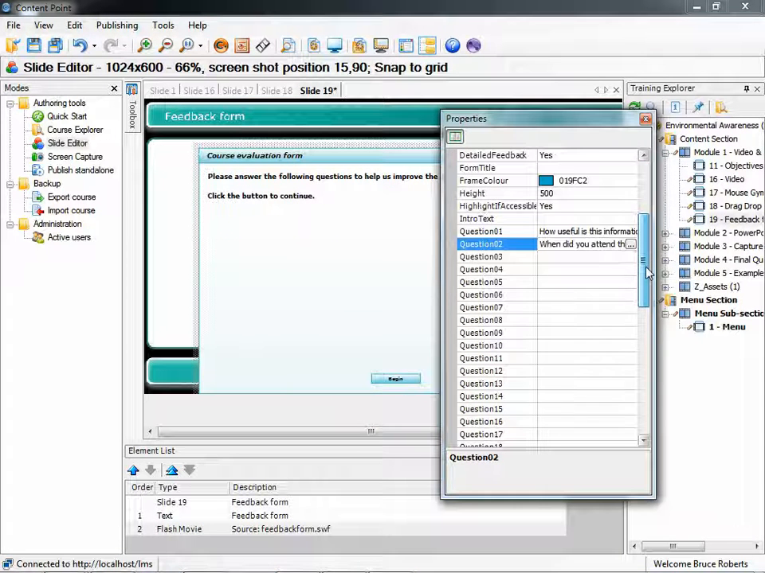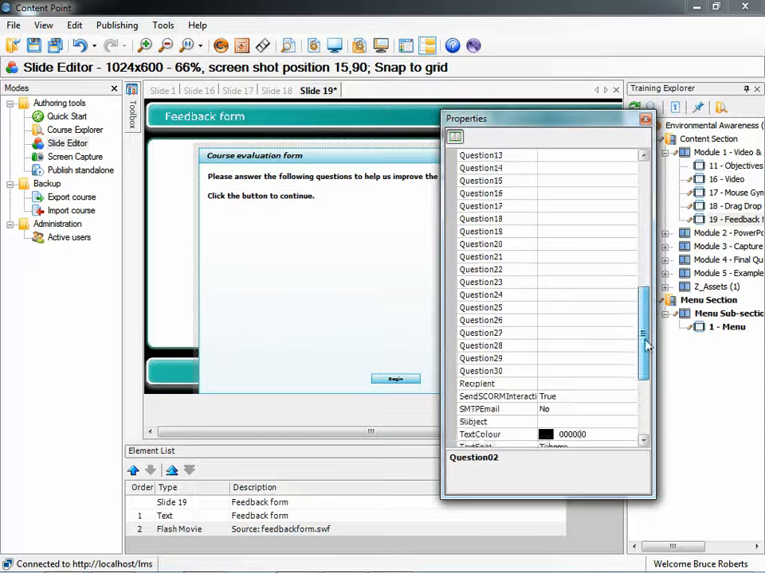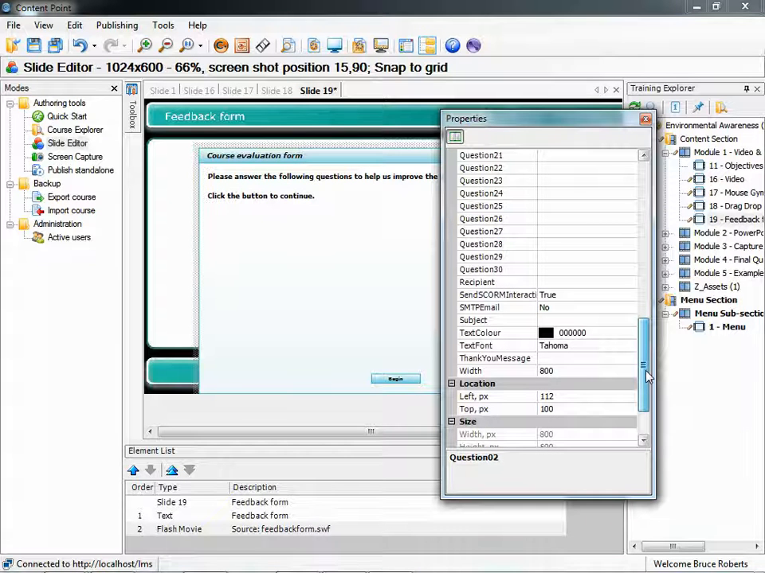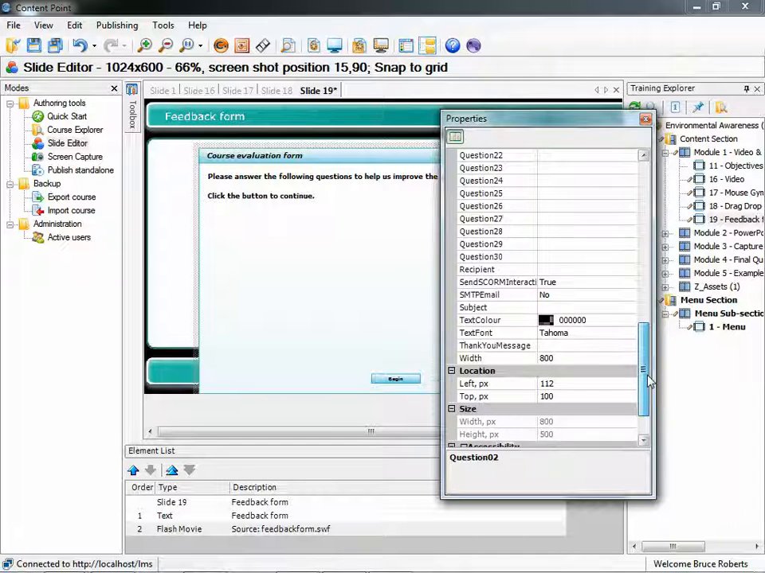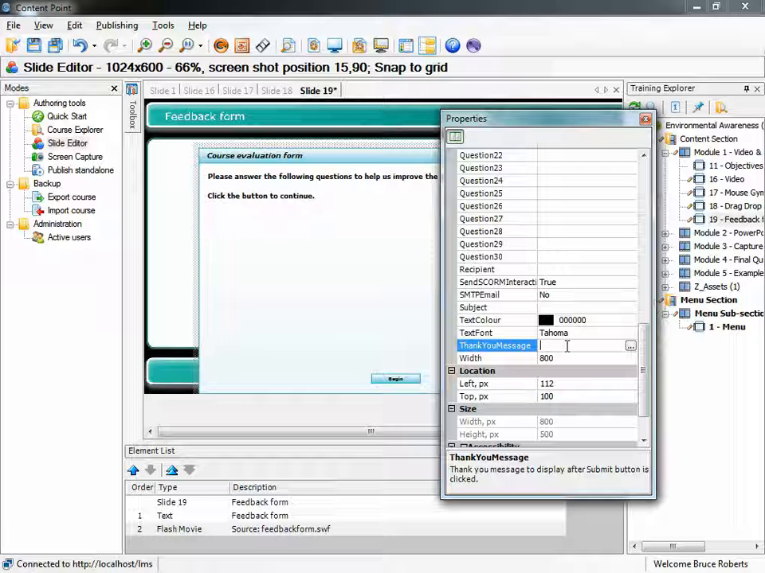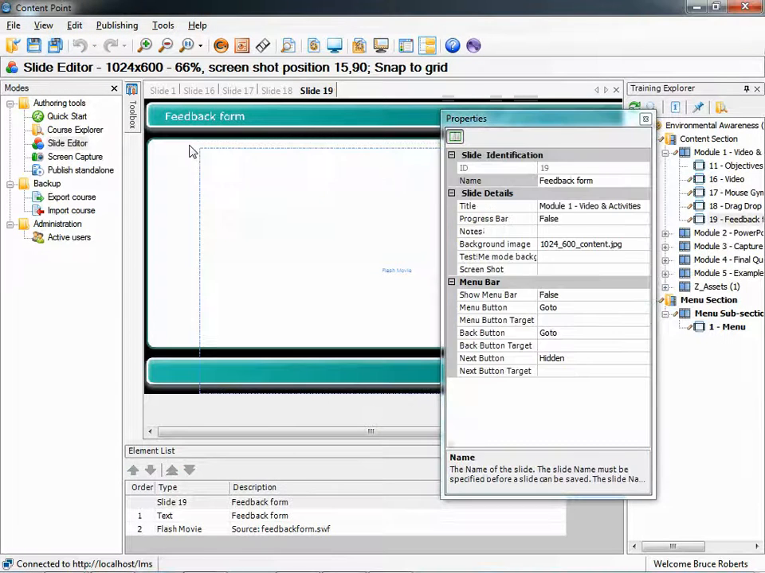I'm going to scroll down here past all of the questions. You can see you can have up to 30 questions, and we're going to just add some feedback, and so we need to have a thank you message at the end of this. So we need to just say thank you for your feedback. Put that in there, and we'll save the changes that we've made,